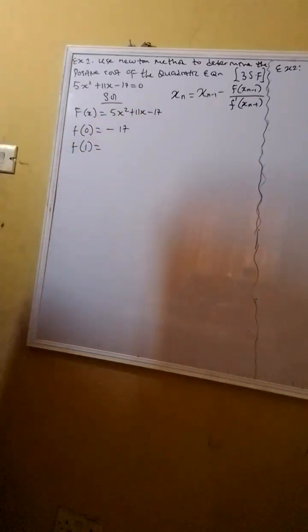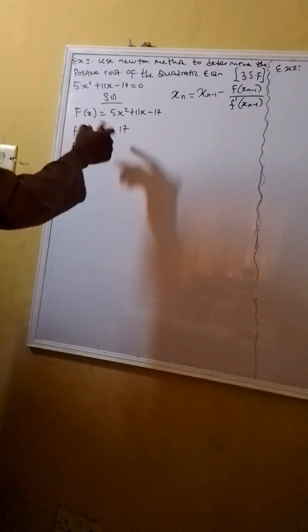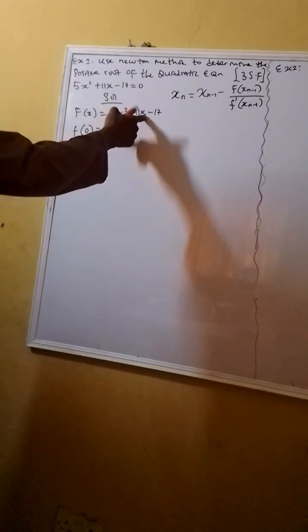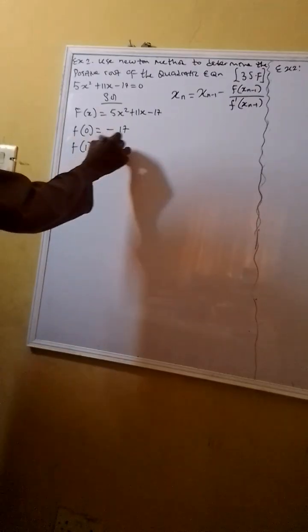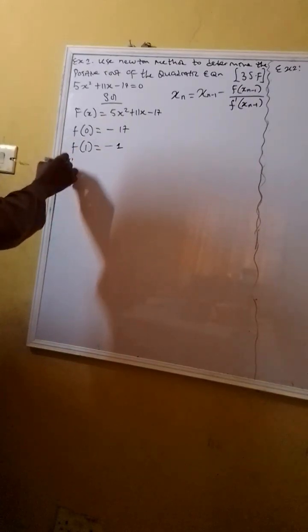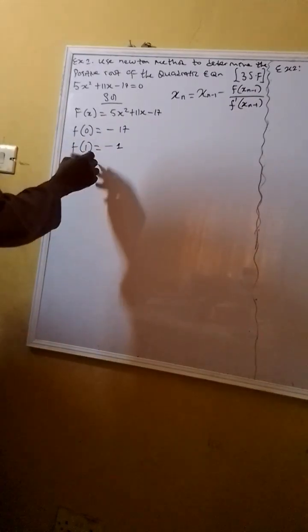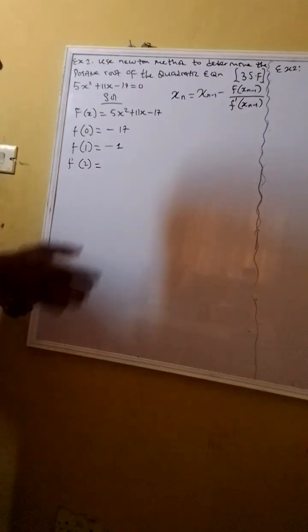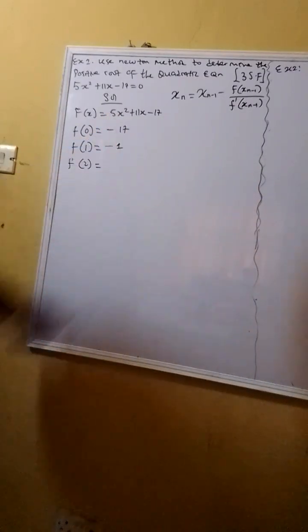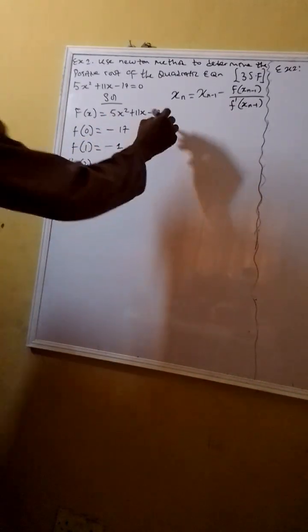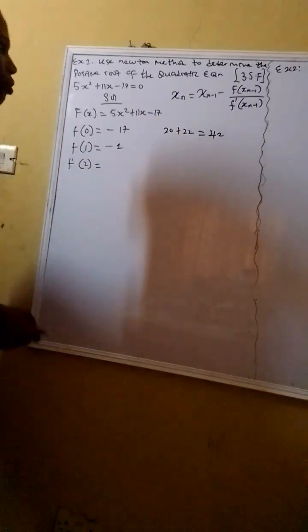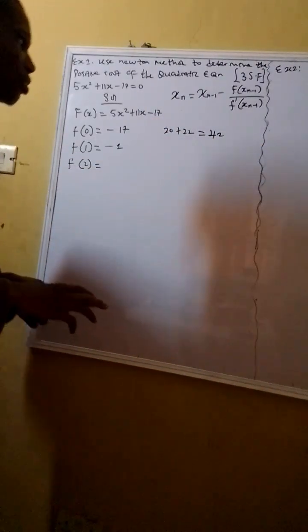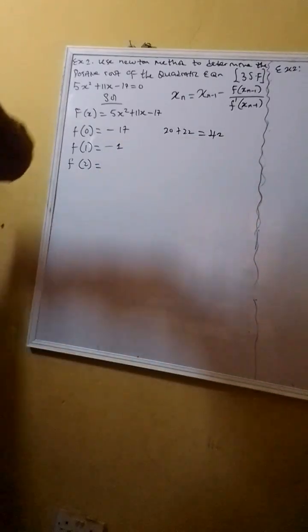And 16 minus 17 gives a negative 1. If you test further f at 2, you have 4 times 5, which is 20. Then 20 plus 22 gives us 42. Then minus your 17 there, you are going to have